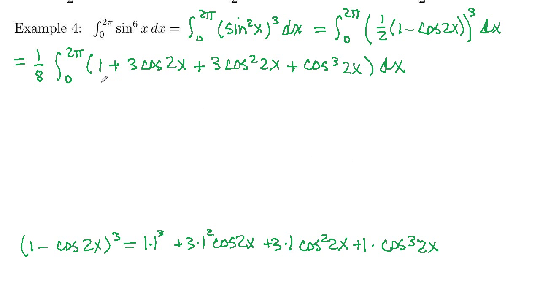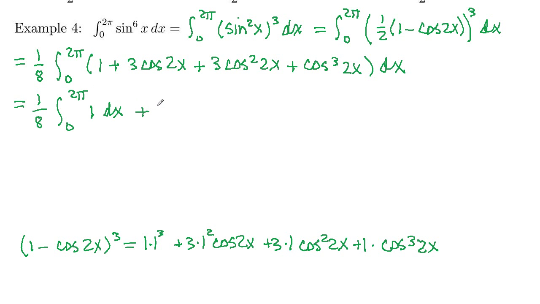Now we want to break this up and take the integral of each of the 4 pieces. This looks like a lot of work, doesn't it? It is. So the integral from 0 to 2 pi of 1 dx